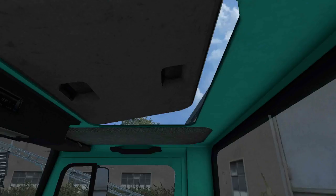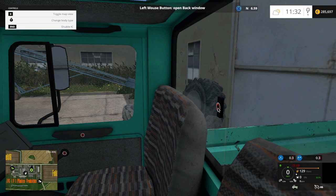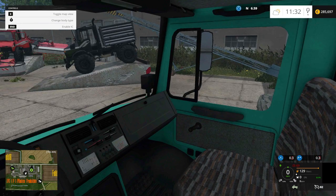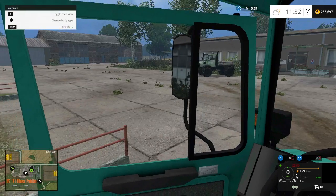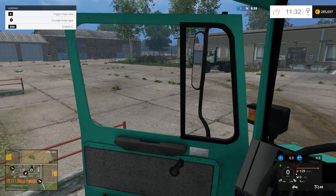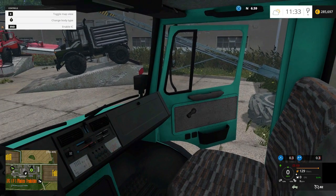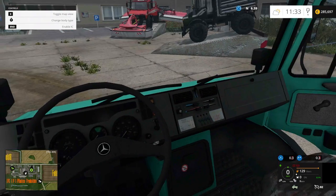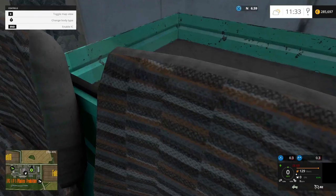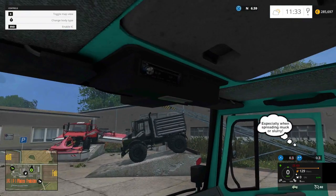So yeah, as you see, we can prop up the roof a bit. We can open the back window here. Oh, I once again need to bring up the hut. We can open the doors. This is nothing new, but here you already see we can roll down the windows on both sides, which is an incredibly nice feature. As I always used to say in the other co-op, rolling down the windows gives you +5 to coolness. On the other Unimog, where we could take the top down, that was +10 to coolness. But anyhow, yeah,